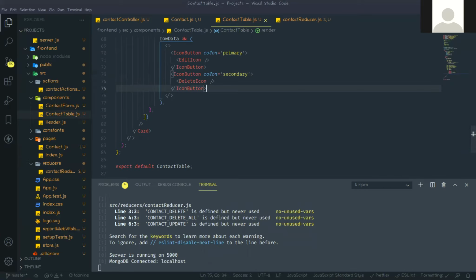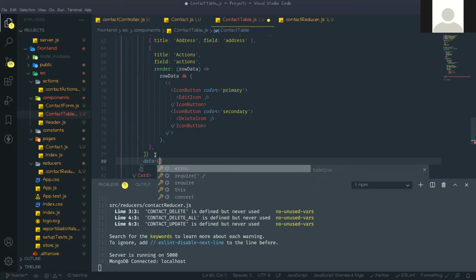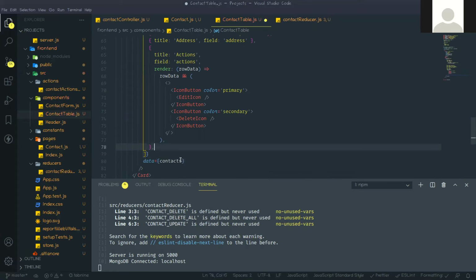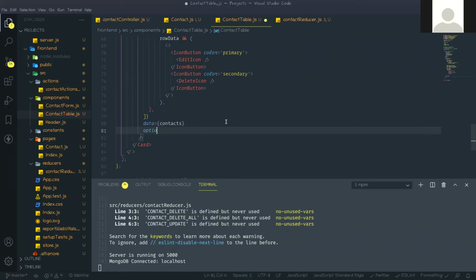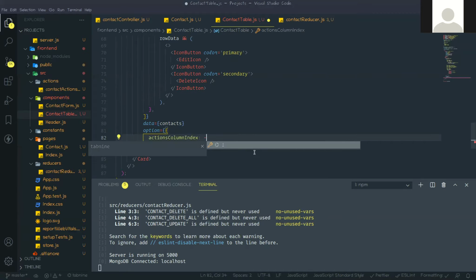Okay, next prop is data. Data you already know, that is the context, what we will get from the global state. Next, actions. Before actions we can create options. Options means actionsColumnIndex, that is -1.